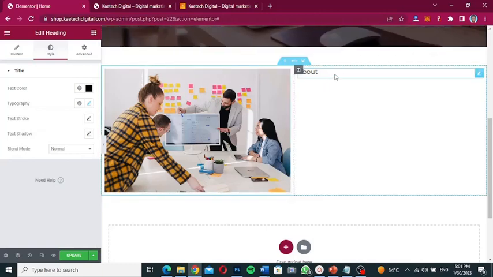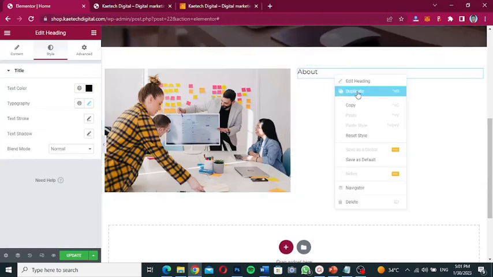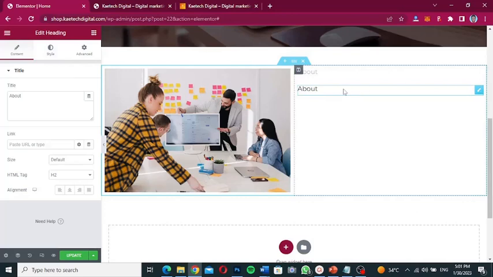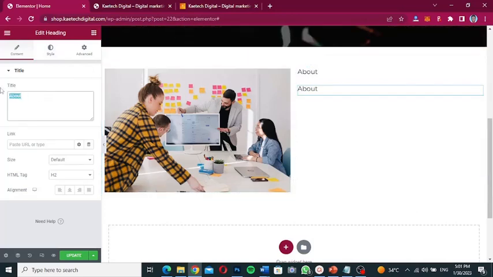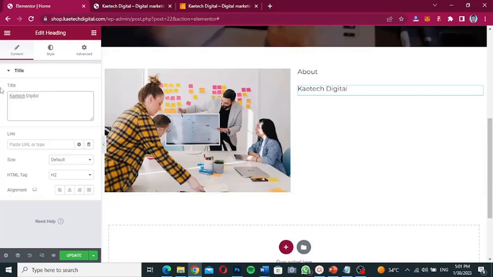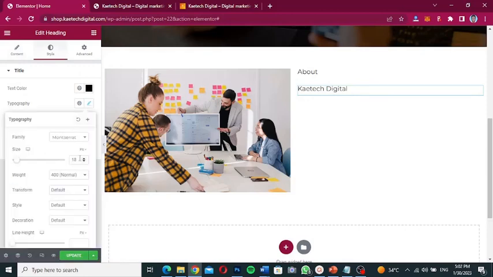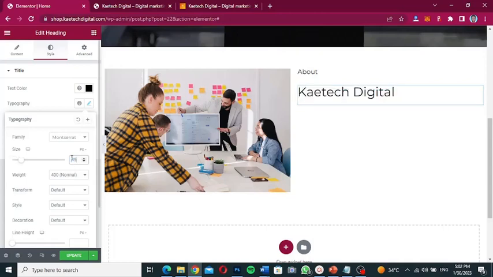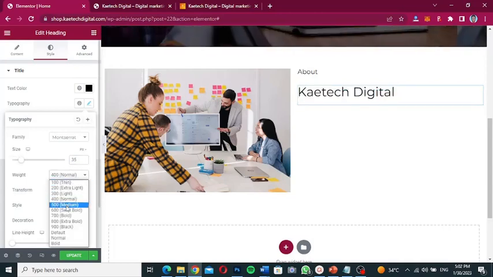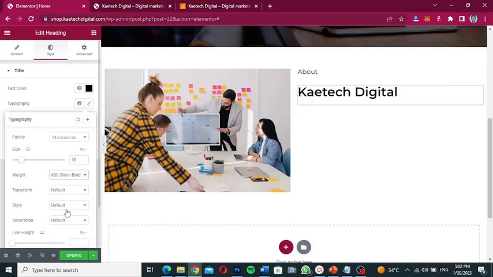Now I'll duplicate this one. So I'm going to right click and duplicate. And then I'll write Kitec Digital. Now with this one, what I'm going to do is click on style over here. Go to typography. Increase this one to 35 and then this one to 600. So now guys,